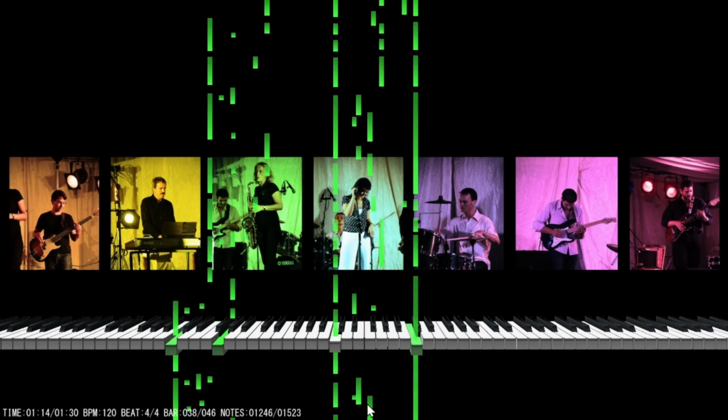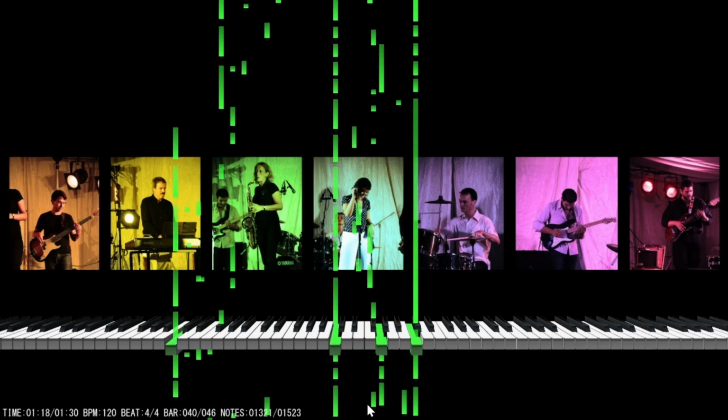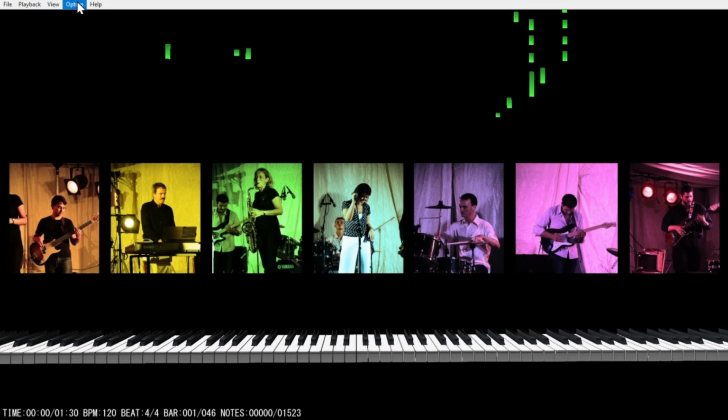Now, if you find those raindrops a bit distracting and you want to remove them, well, I can show you how to do that. I'll just spacebar, stop, escape to get back to the beginning. And I got to make sure I'm locked in. Whoops, there we go. Go up to option, go to graphic,